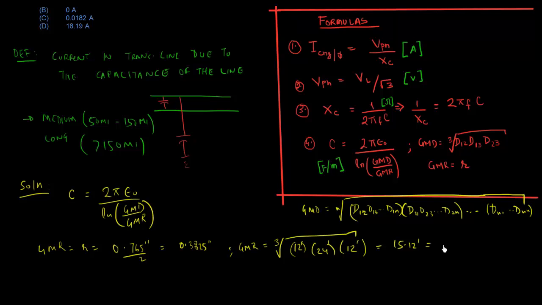Remember, these are feet. So the answer we get is 15.112 feet, which we'll convert to inches because we have the radius here in inches, and when you take your ratio here, both the values should be in inches. This is